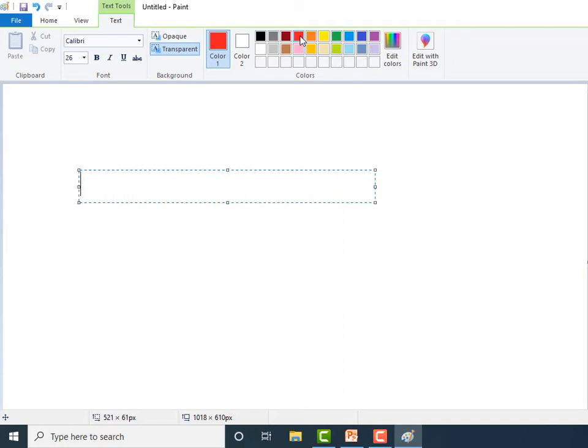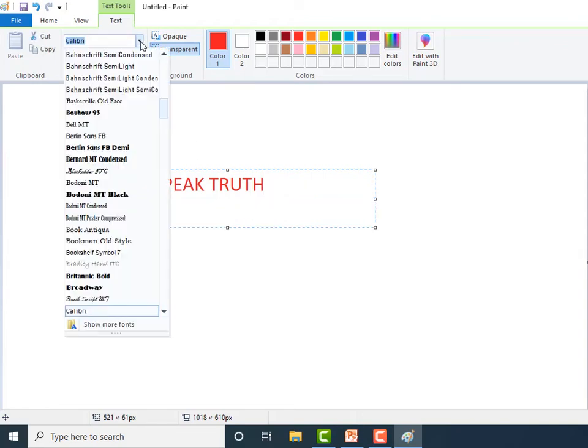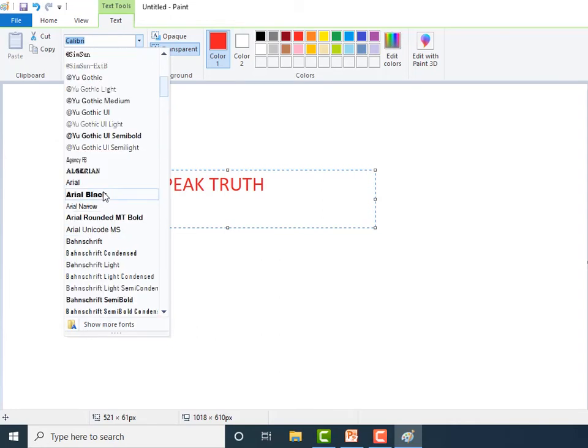Now type the desired text. Bring your cursor here and with the help of keyboard, type the desired text. I will write, always speak truth. In this way, children, you can use text tool. You can change the font size from here, change the style of the font. I will select this.